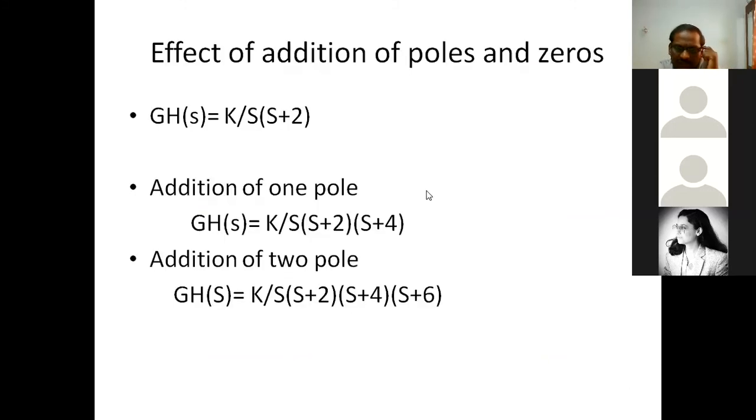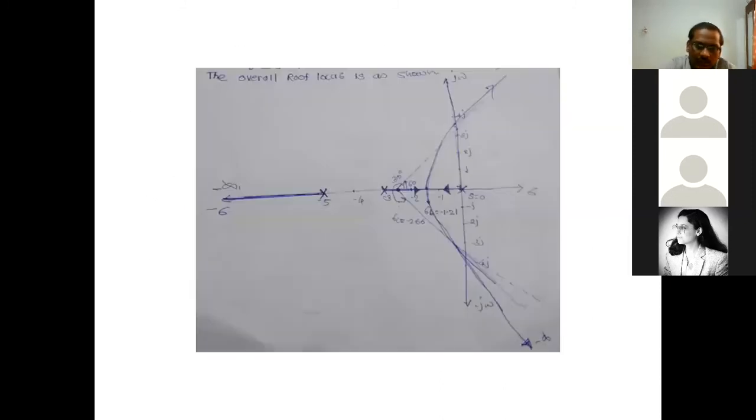Now if we look at the nature of this root locus, there are three open loop poles and there is no 0. Three open loop poles means there will be three root locus branches. So one branch will start from s equal to 0, the second branch will start from s equal to minus 3, and the third root locus branch will start from s equal to minus 5. Now the root locus starting from 0 and the root locus starting from minus 3 both approach the breakaway point, which is at minus 1.21.